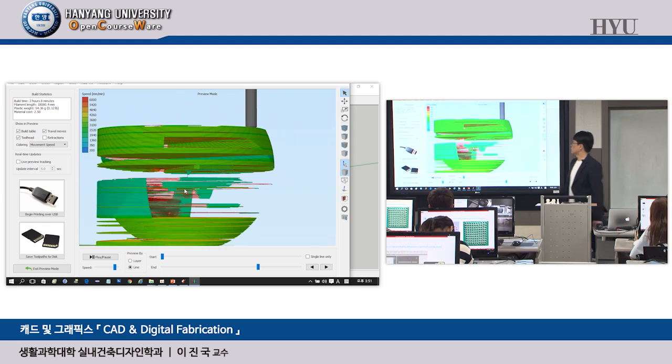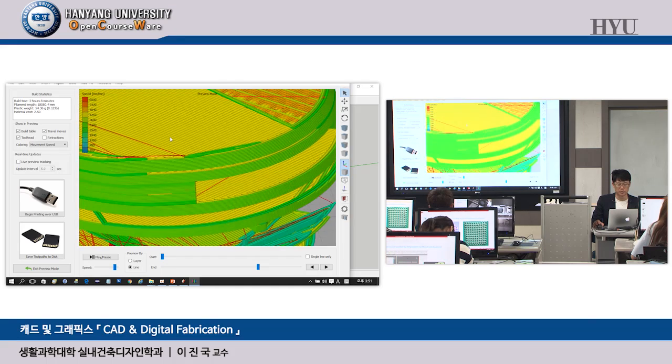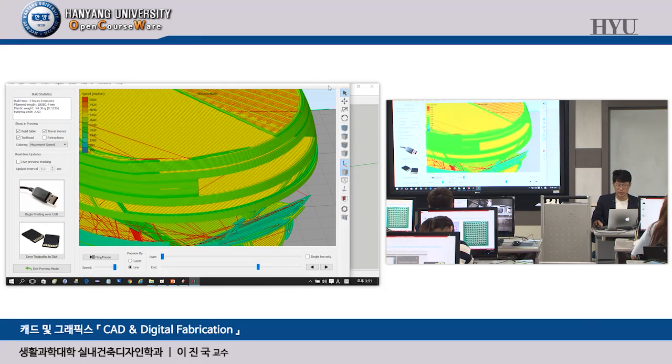Okay, take a look. The movement here, there is no structure. In this case, how to make this one in the air? Okay, this one is getting kind of collapsed. Okay, so this is not possible to create. Okay, instead,